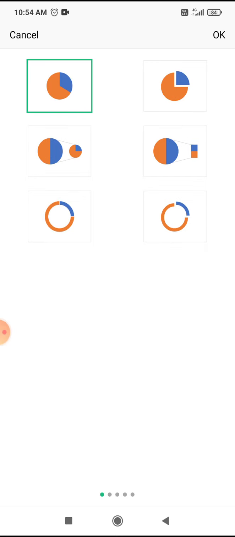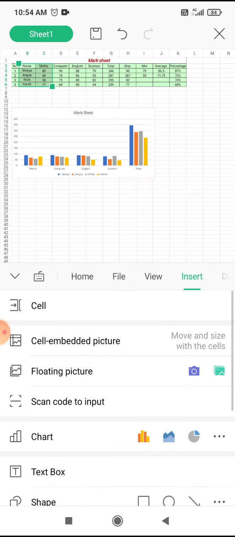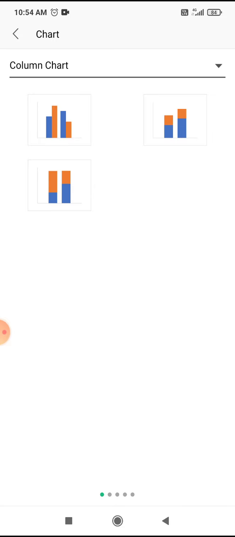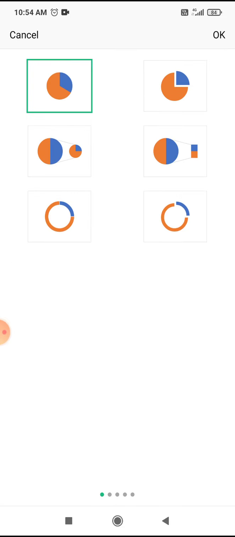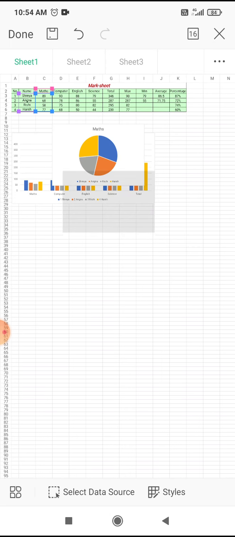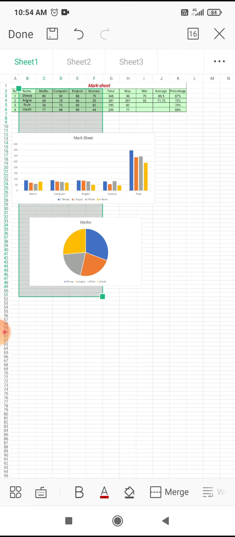I want to take the first pie chart. You can select the different colors. Pie chart, first color, click on OK. It will display the maths marks only.